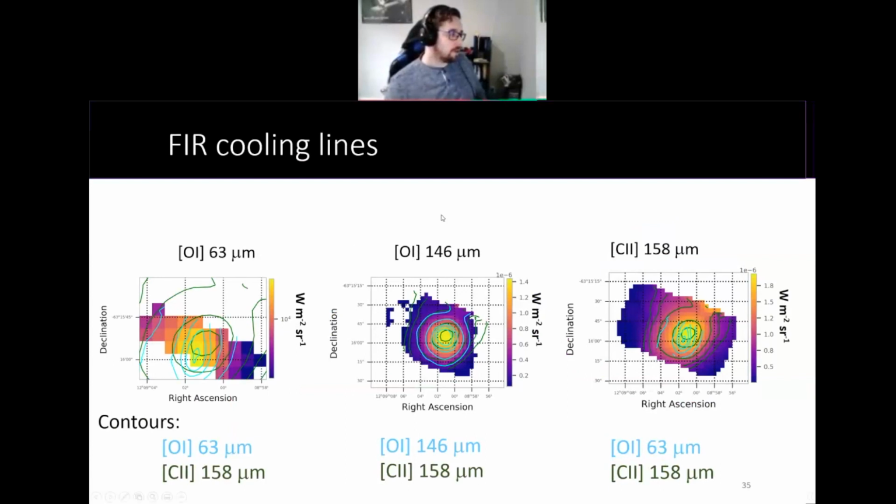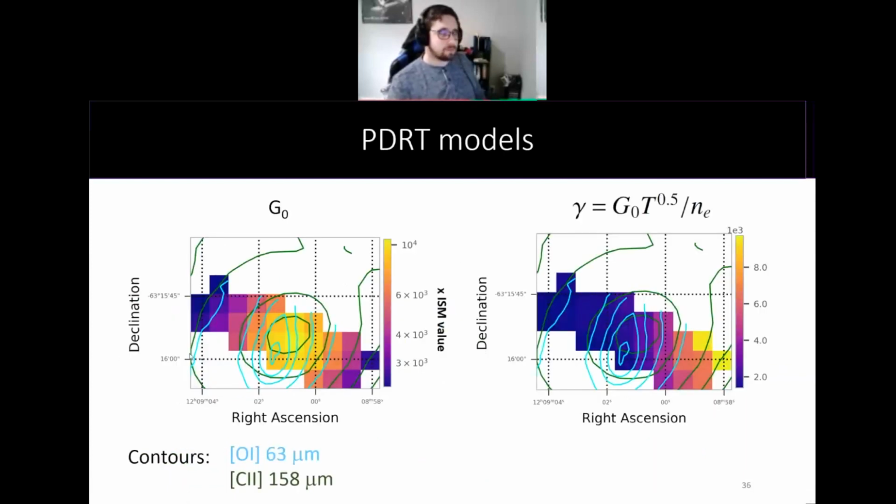And finally, we have far-infrared cooling lines at 63, 146, and 158, all shown at their native resolutions, which are typically concentric distributions peaking near the central source. But as you can see, there's a slight offset between the 63 and 158, so in the FIFI blue and red channels. So again, we combine the